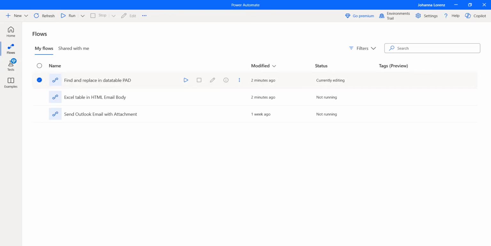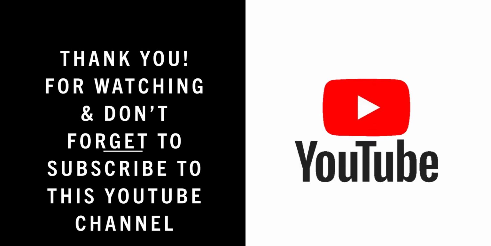This is how to export and import Power Automate desktop flows from one environment to another environment, but in the same tenant. I hope you find this video helpful for exporting and importing of the Power Automate